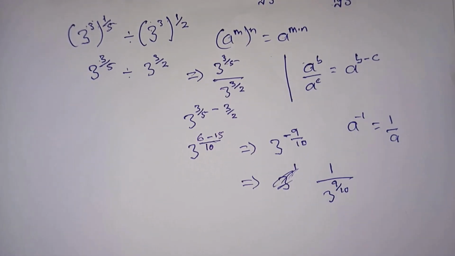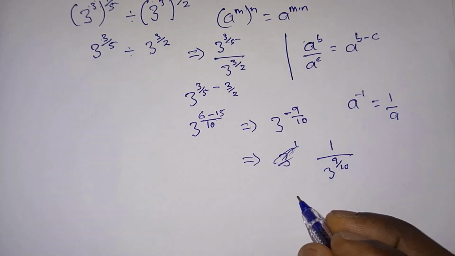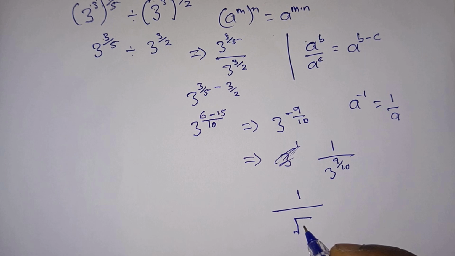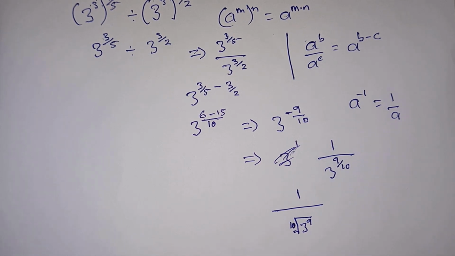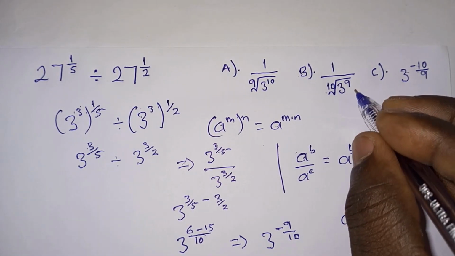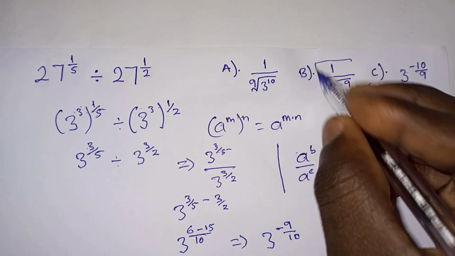And we can also write this one in radical form, which is 1 divided by the 10th root of 3 to the power 9. So we have the 10th root of 3 to the power 9. So if you look in the options, that is option B. So if you choose option B,